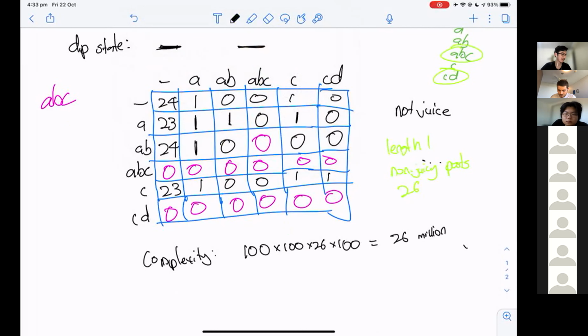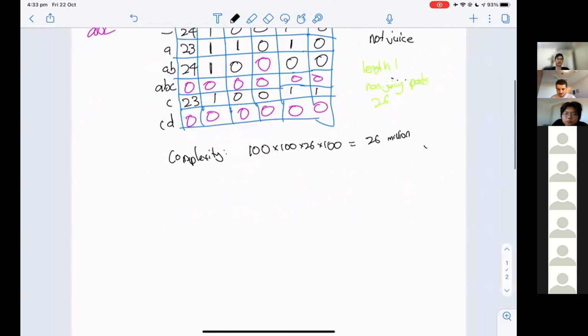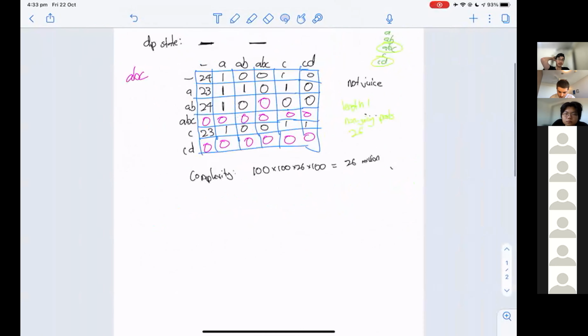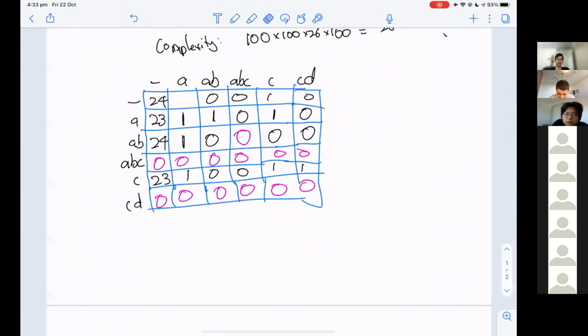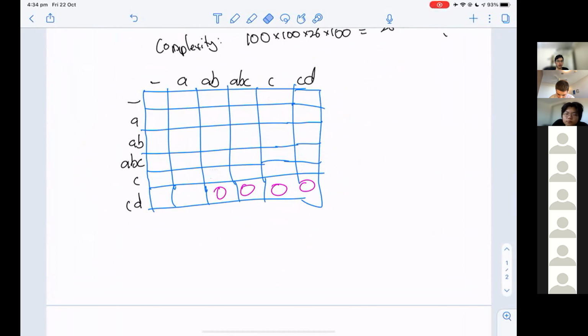But we want to use this to solve the problem. Let's say we want to make a new matrix, which is the same thing. So we're going to copy and paste this matrix below. Except the difference now is that we want our entries to correspond to what if we add 2 characters to the end. So let's just erase everything, like this, okay?